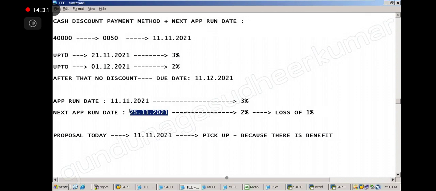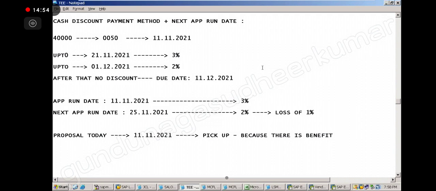Is it clear? So even if I wish to pay today itself, even after getting 3%, like next 3 days also, can I make the payment today itself? Or will it not allow us to do the payment? Whether it can be allowed to do payment today itself, or it will stop?